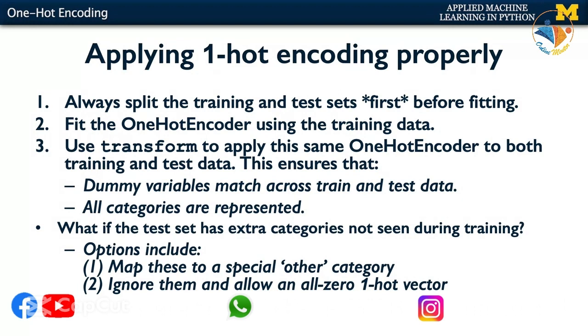And then once you fit the one-hot encoder using the training data, you can use the transform function to apply this same one-hot encoder you just fit to both the training data and the test data. So you need to make sure you use the same one-hot encoder for training and test, and you need to make sure that you've only trained it using the training data. And that makes sure that dummy variables match across the training and test data and that all categories are represented. So a question that comes up is what happens if the test